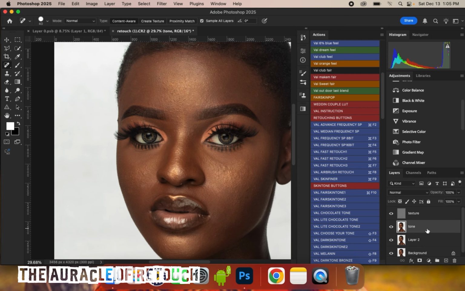Okay. So this is our tone layer. So what we do is to group the two. Highlight them and press Command G or Control G to group them. Okay, we name it FS, frequency separation 16 bits. And if you are a beginner watching this tutorial, you will need to duplicate these two